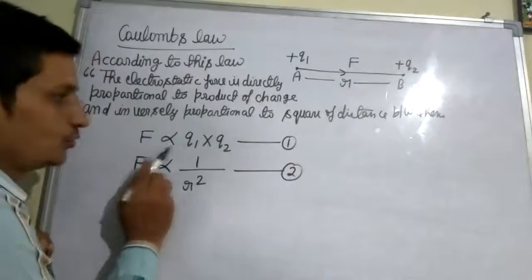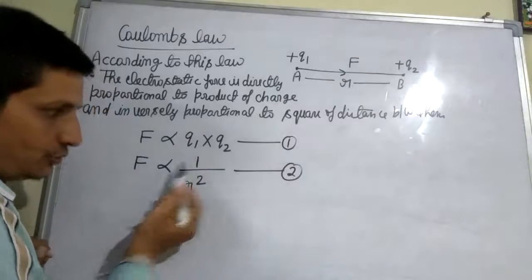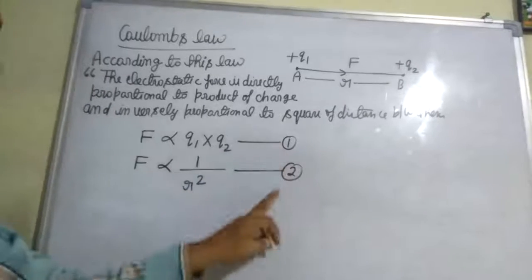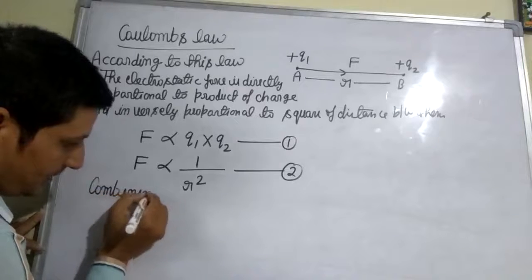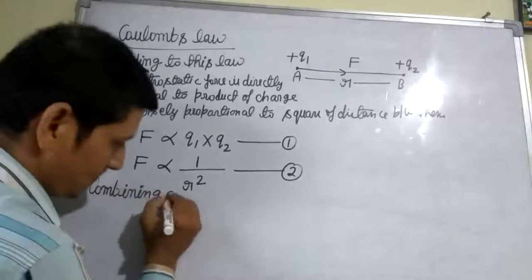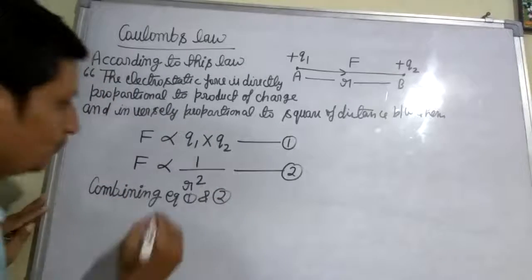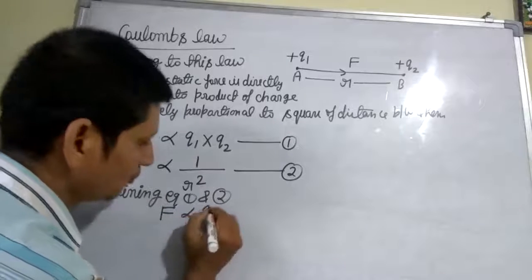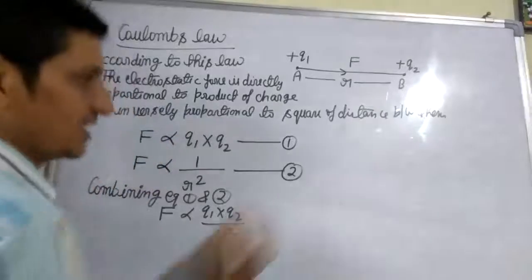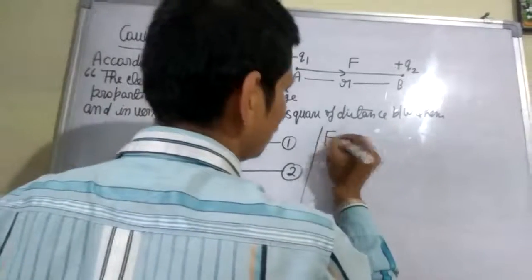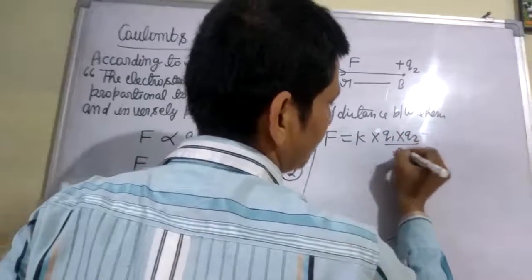So F is proportional to Q1 into Q2, equation 1. F is inversely proportional to 1 upon R square, equation 2. Combining equations 1 and 2, we get F is proportional to Q1 into Q2 upon R square. Remove this directly proportional sign, we get F is equal to K Q1 into Q2 upon R square, where